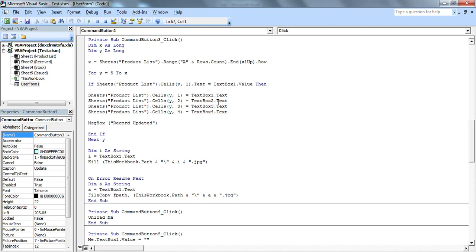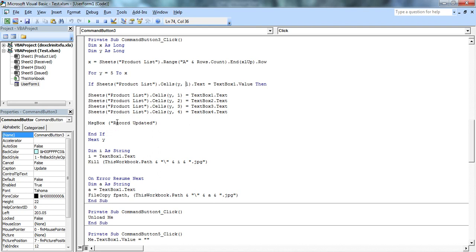The similar case is for the remaining text boxes, text box 1, 2, 3, 4 and columns 2, 3, 4. So the corresponding values of all the columns will be updated as per the conditions we have set here, text box 1 and column 1 of the Excel sheet.